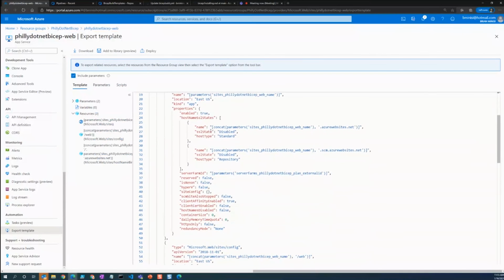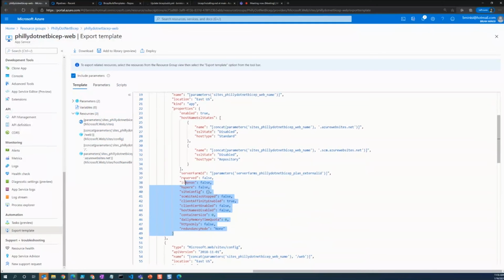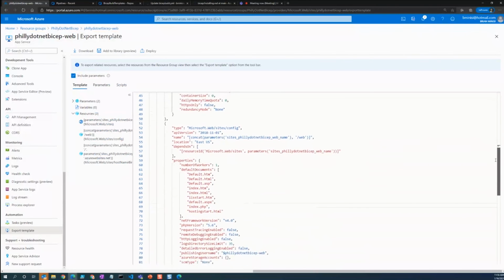A lot of this stuff you don't need. Like we didn't do anything with hostname SSL states. We didn't do anything with reserved, all these types of things. This stuff just gets created automatically. If you looked at it, you would think, oh my God, I have to do all this. Nah, you don't. There's a lot of stuff that just gets created automatically for you when Azure creates the resource.